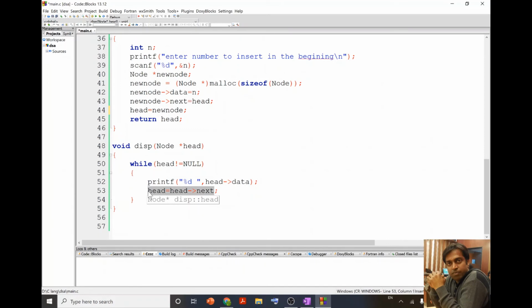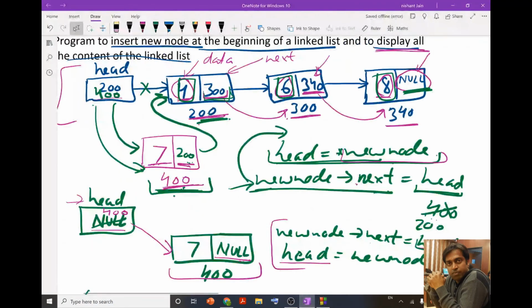So if initially the value of head is, say, 400, then head equals head next. Now the value of head is 400, so at 400, head next is 200.